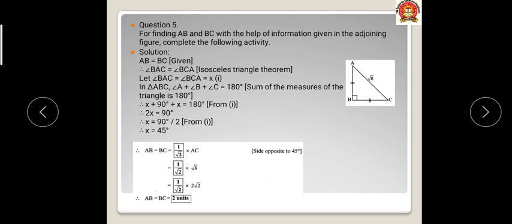Now students, these 5 questions I explained today. The remaining questions I will explain in the next session. These 5 questions, and also the solved questions which are already solved in your textbook, you have to write in your notebook. That is your today's homework. Send me only the solved questions, whatever solved questions are in the textbook given before practice set 2.1, that you have to write in your notebook.